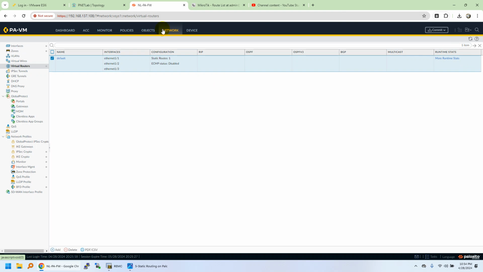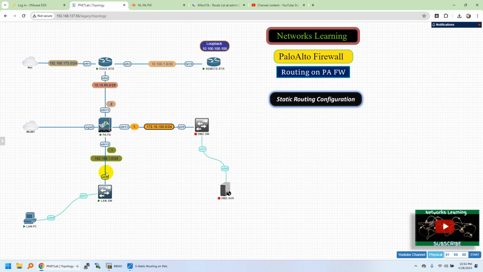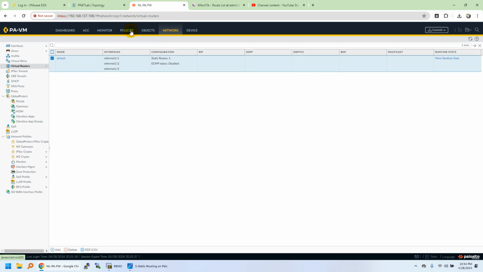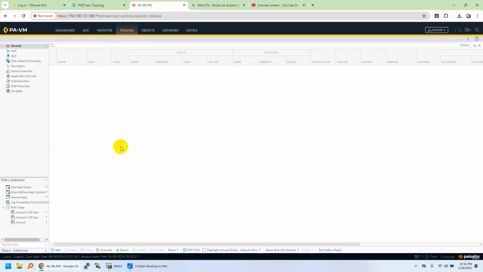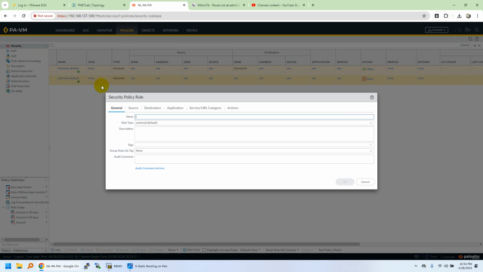So now we also need one security policy to allow the traffic from the LAN segment towards this loopback address. So we'll configure the policies as well, and after that we'll commit the changes. So I'll go to the security policy. Currently we do have default policies, one intrazone and one interzone. So we will configure it as